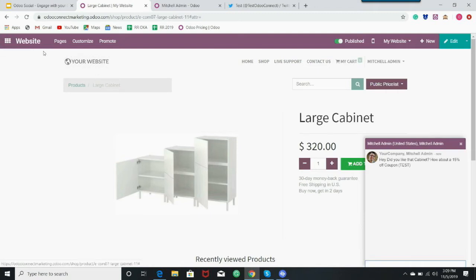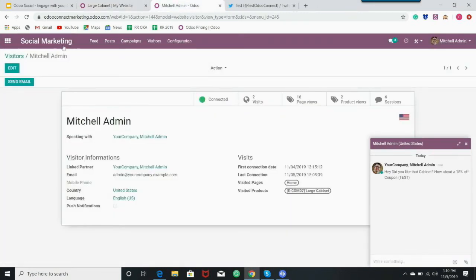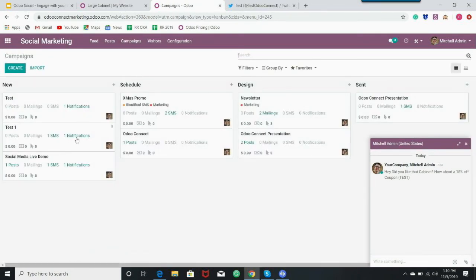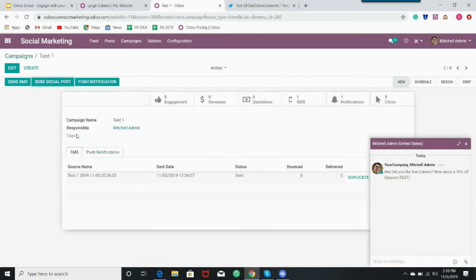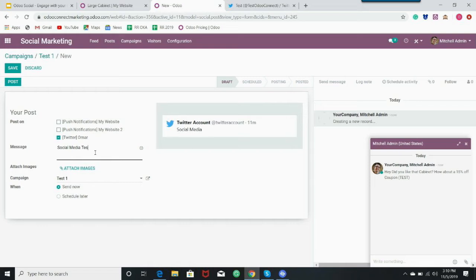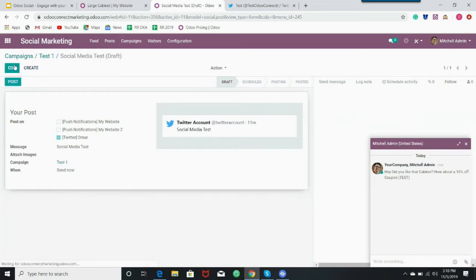Now let's go back to our social media campaign. And let's look at a little bit of the features that we can use when we're using the Twitter application. So if I send a social media post, and I save it and I post,